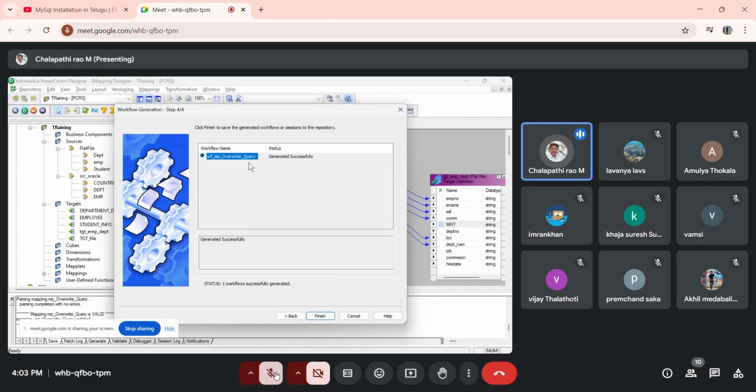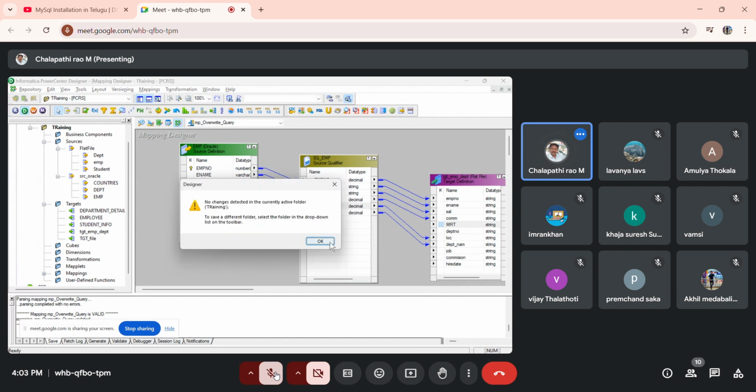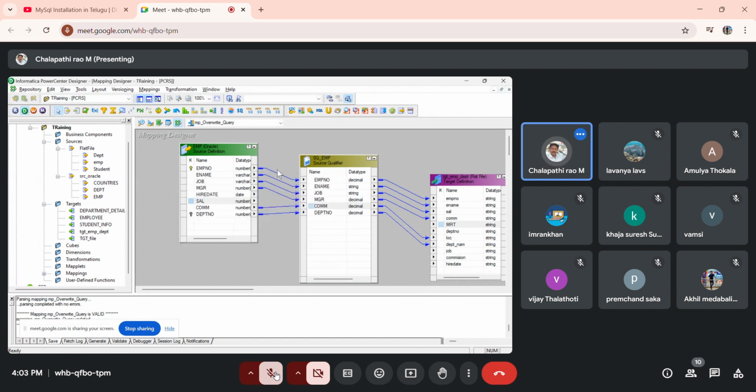This is the workflow name. It has been generated simply with WF underscore prefixed in front of the mapping. Control S. That is step one completed. Step two also completed. Once we go to the workflow manager,